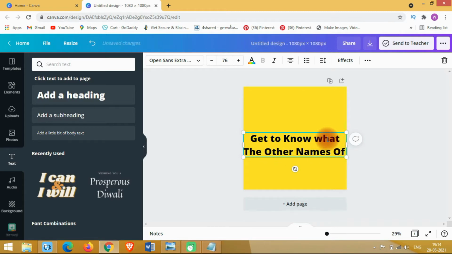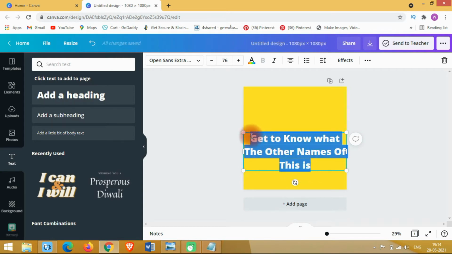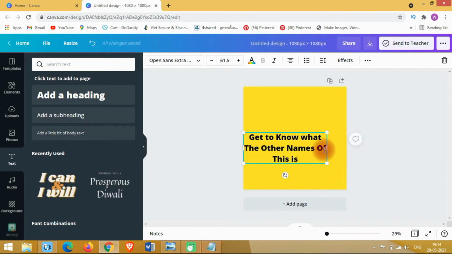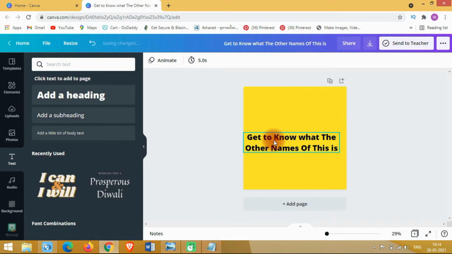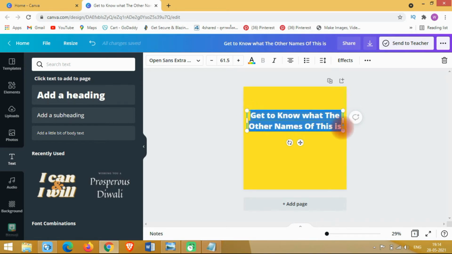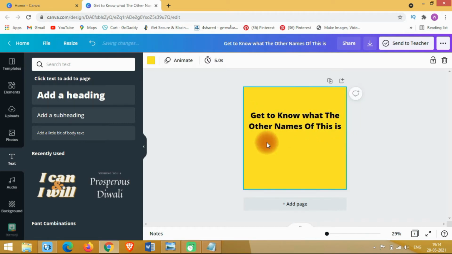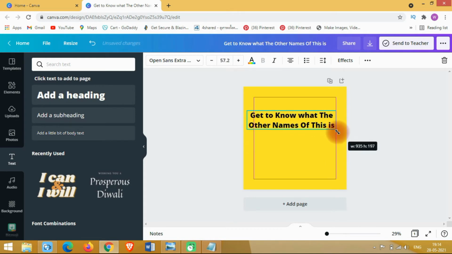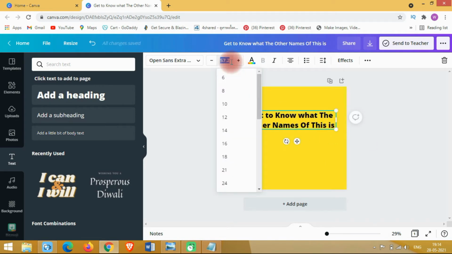Or you can resize this from here. Firstly you just type here, and then you click, and from here you can drag and drop to set the size, or either you can go for this. I will be going for 44.